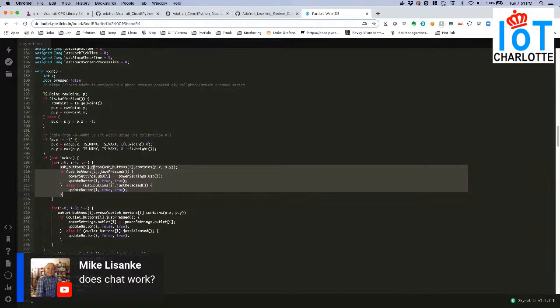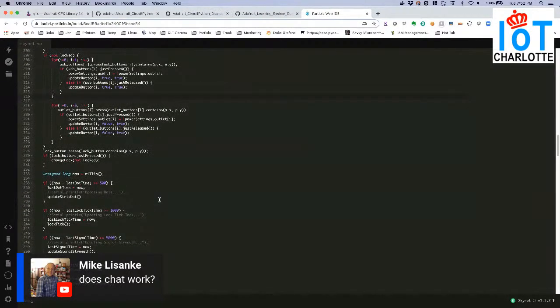If you set the button to be pressed and then refresh the button, it'll automatically change the background color for you. So it has the ability to automatically change to look like it's touched and not. Sweet. It's really pretty awesome how that works.